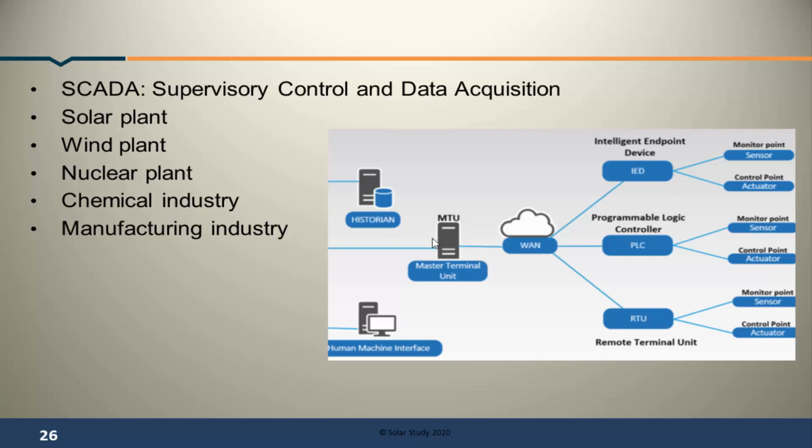We have seen in one example that a radiometer is used for measuring irradiation. This radiometer contains some electronic components that generate a signal. This signal is transferred through the computer and stored in a local area network or some server, and using programming called PLC programming, programmable logic control, we can fetch the data and store it in a particular location.